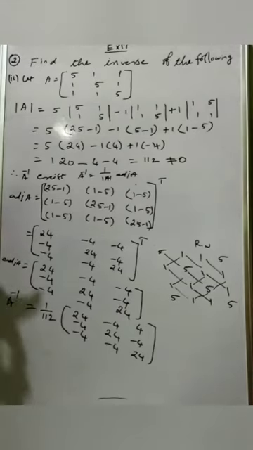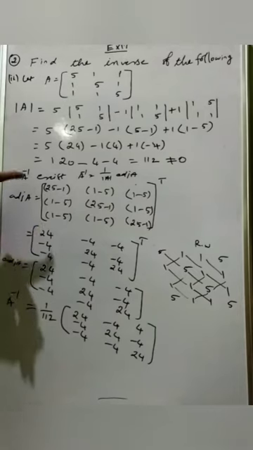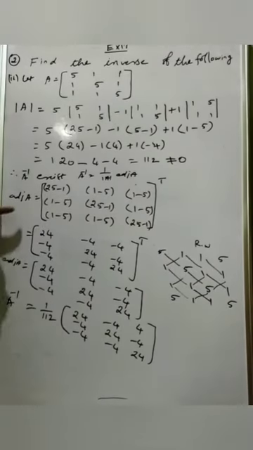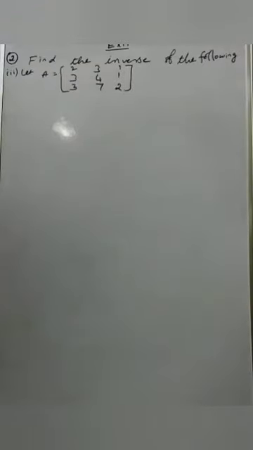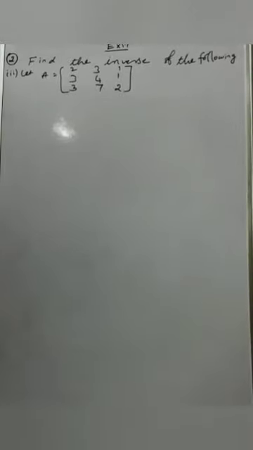So determinant of A, find first, 1 by 2. Then A inverse, in this formula apply it. Okay, adjoint A, find it. Then A inverse formula we can write it. Size 1.1, second, third sum. Here is given a 3 cross 3 matrix, find the determinant of A. Find the inverse.